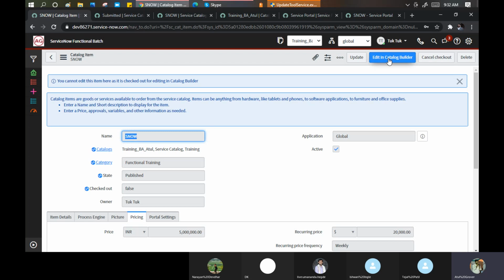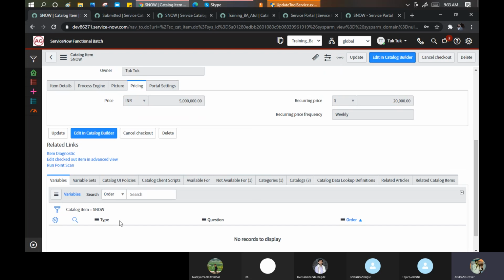ServiceNow brought up a new concept that is called low code or no code. Because ServiceNow analyzed this part and understood that there are many people in this particular industry, in this particular domain, who don't have knowledge of scripting. People like me. But we have a good command over ServiceNow, yet we become handicapped because we don't know the scripting. So to overcome this problem, they're coming up with options like this.